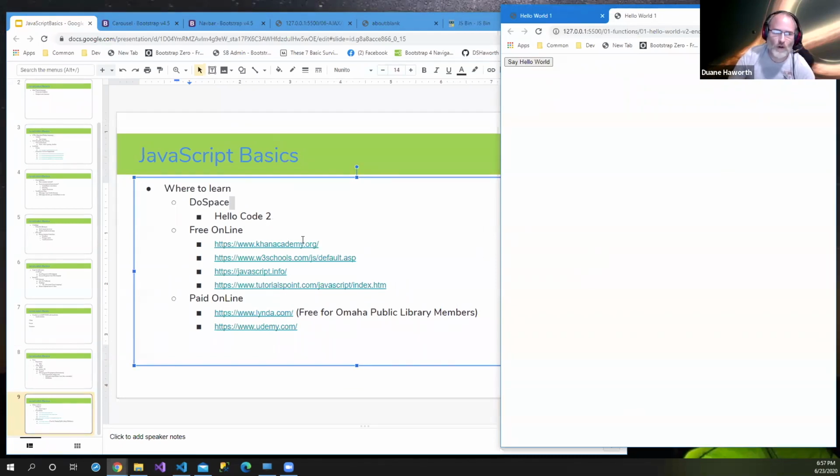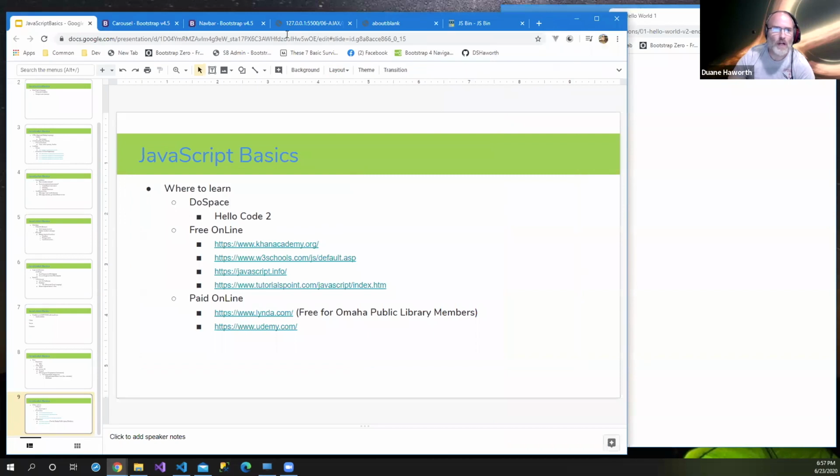Hello Code 2 has, or I'm sorry, DoSpace has some intro classes. After Hello Code, where you learn HTML and CSS, they have Hello Code 2, where you learn the basics of JavaScript programming. There's also some free resources online. This is just a small sample of what's out there. There's the Khan Academy, there's the W3 Schools, which we looked at